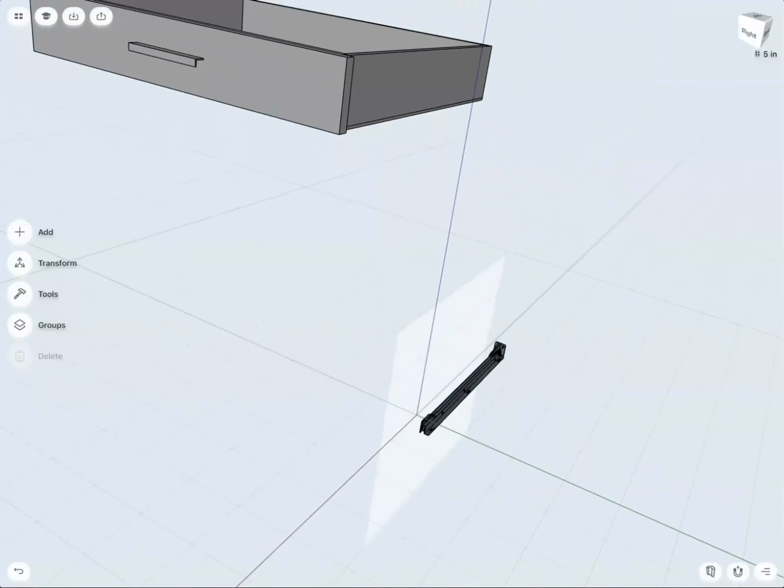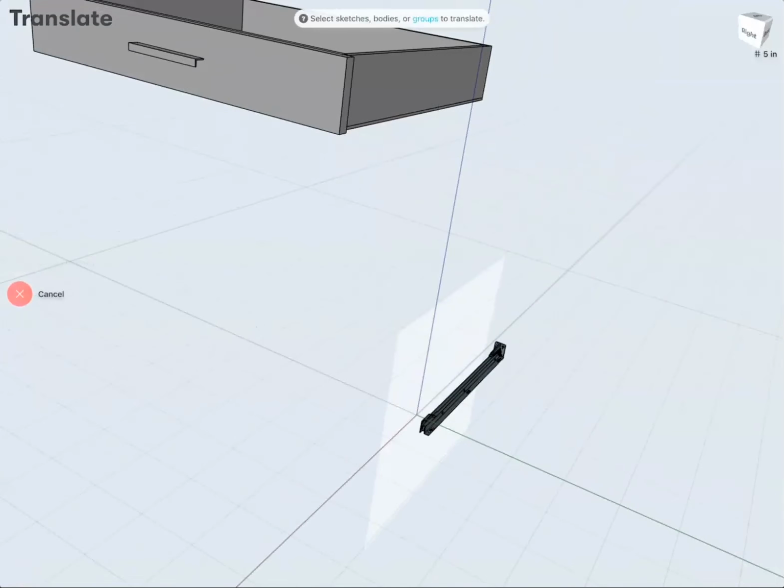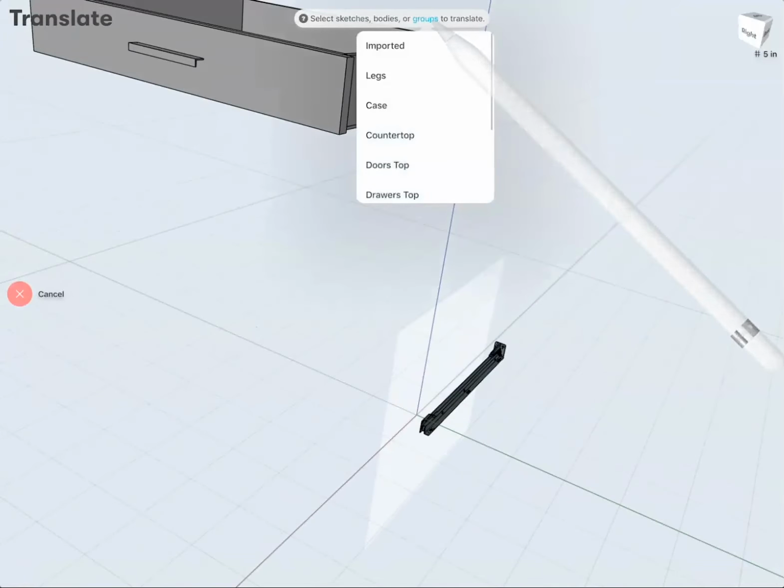So with the move command, I could move it up, left and right, and then position it, but that's a little bit tricky. That introduces problems of being imprecise. So instead of using the move, we use the translate command. That's a pretty useful one. So we, again, select the part via